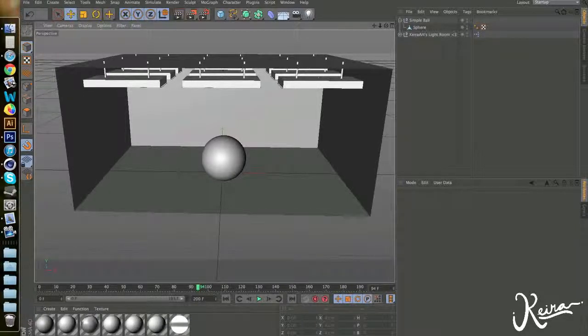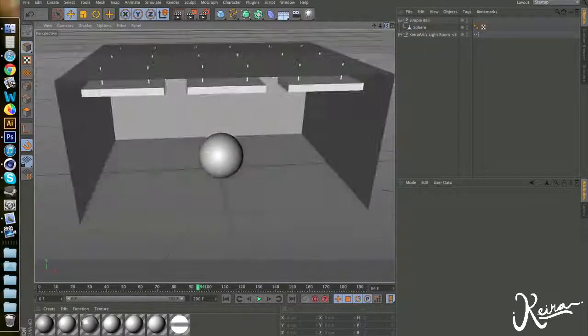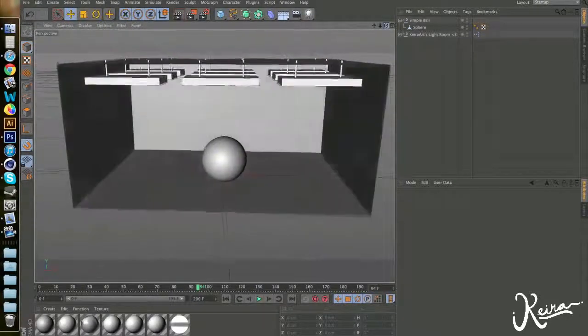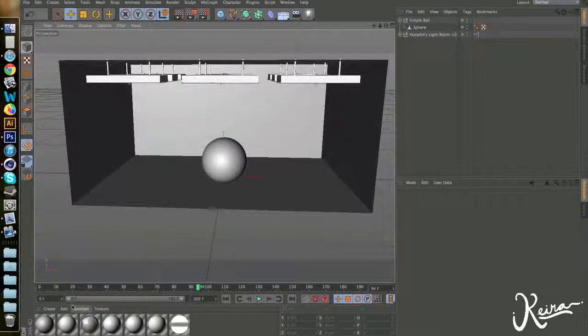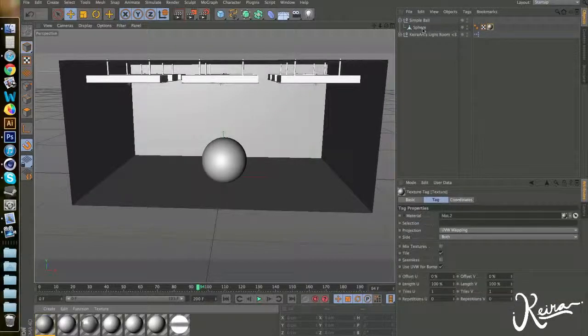Today I'll be doing a small tutorial on how to make an eyeball in Cinema 4D. Right now, all I have is a simple light room and a simple ball. That's all I have. So, make a new material. I already made one, and drag it over onto the sphere. Double click it,